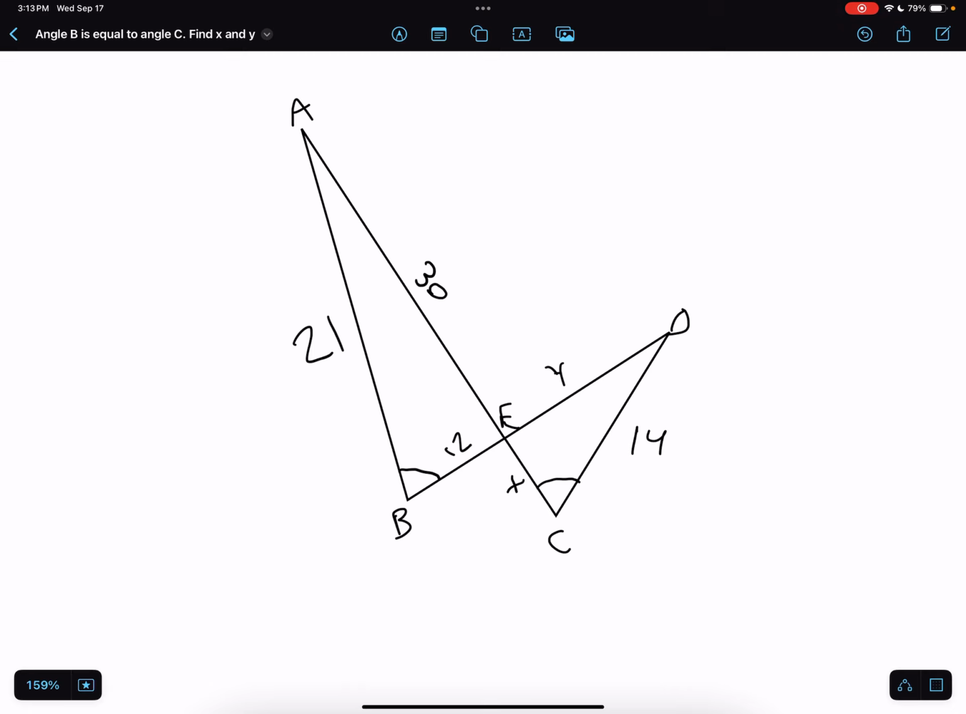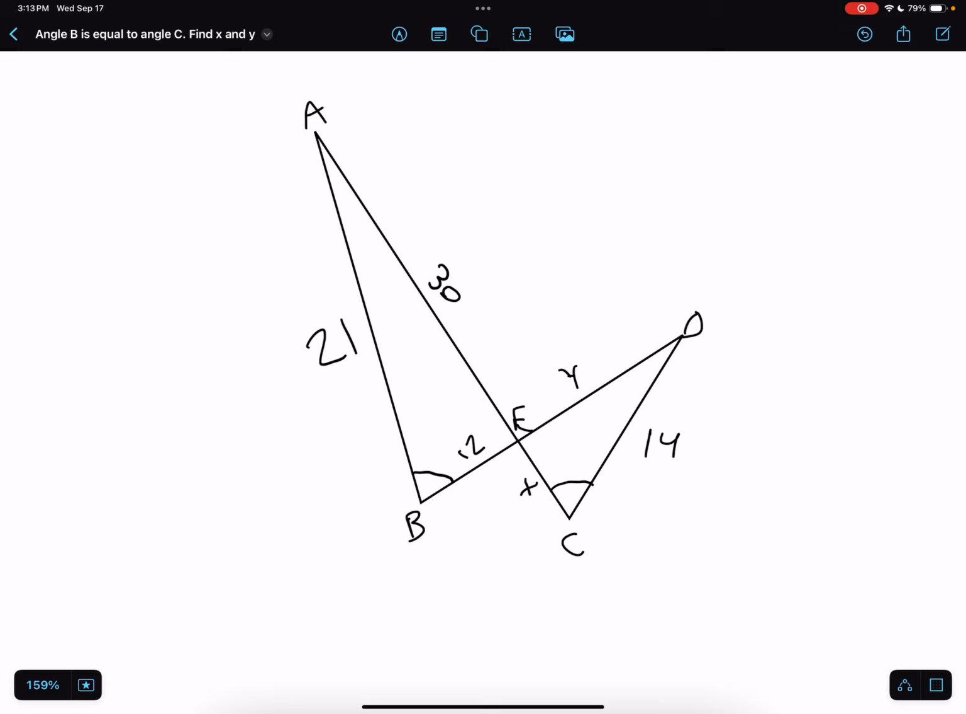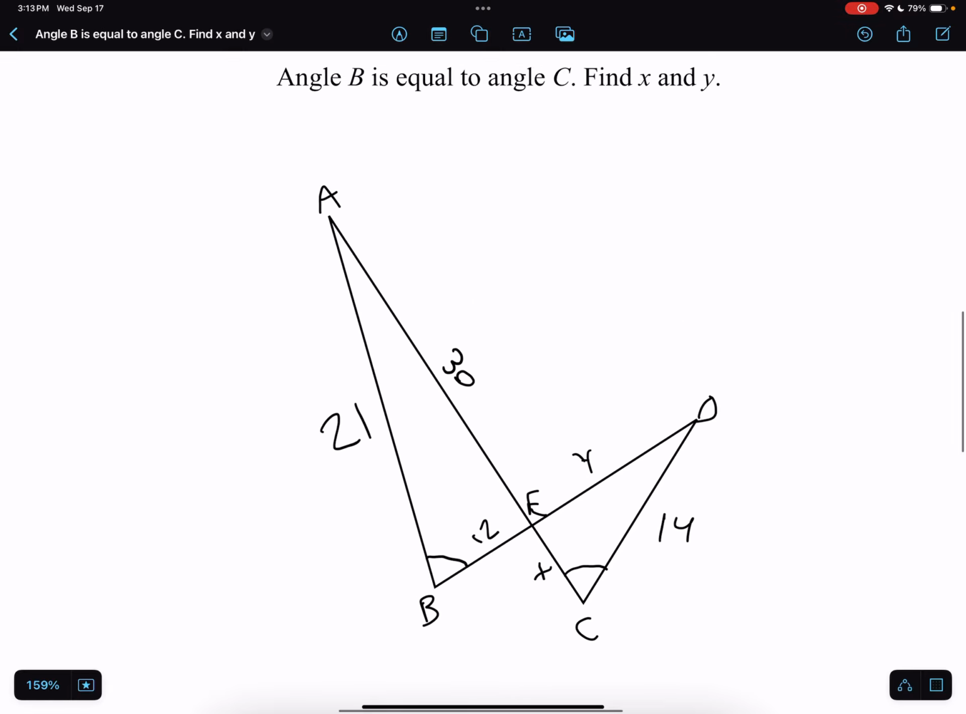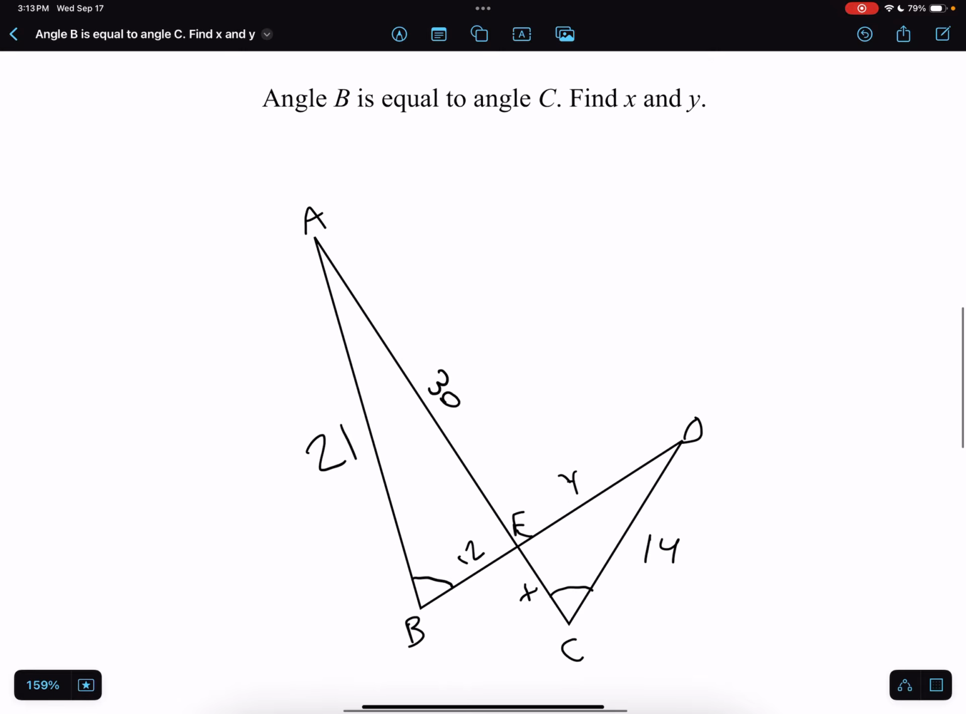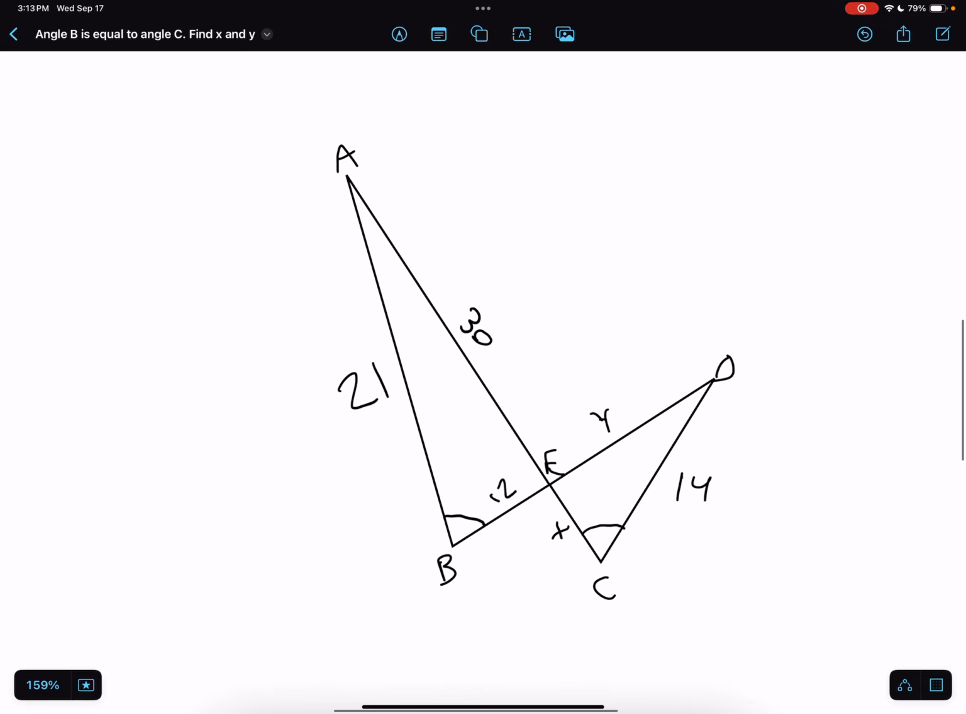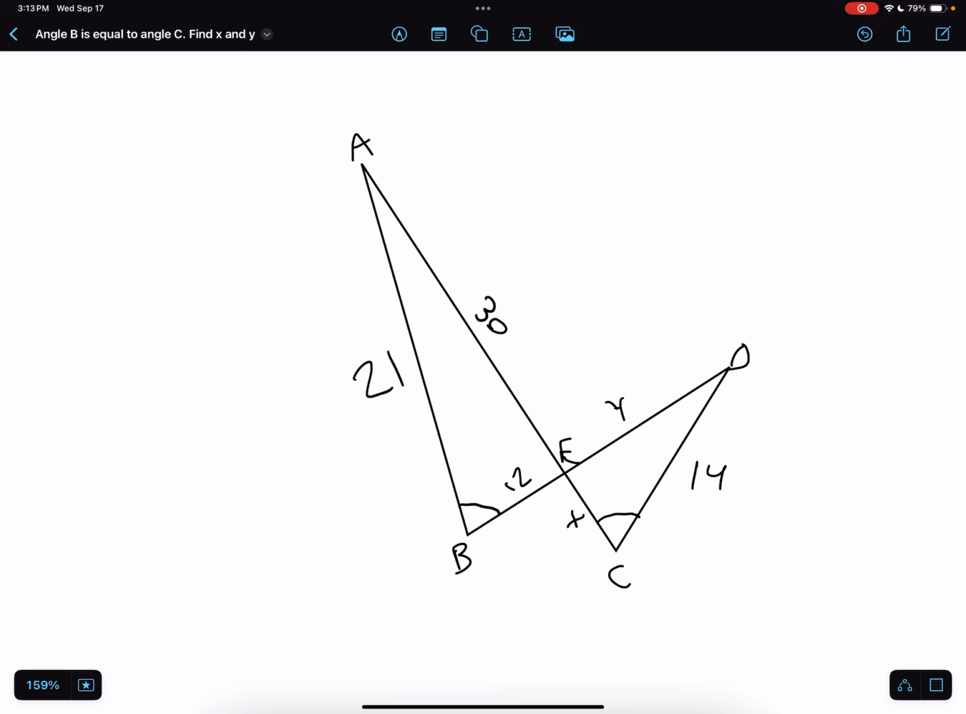Okay, so they give us some information here about these two triangles, ABE and DCE. There are two triangles here. We have the side lengths for some of them. We know that angle B is congruent to angle C, or ABE, or DCE, if you will. So what we're going to try to do here is